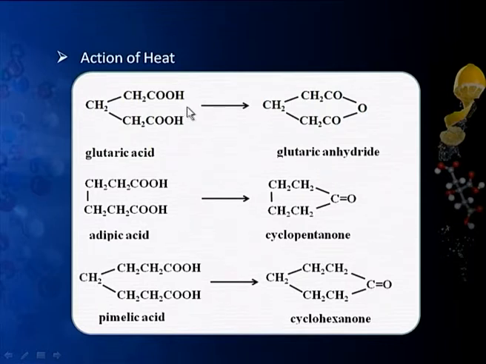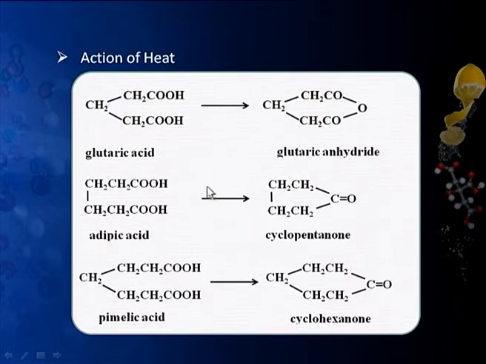In earlier times, when some naturally occurring compounds were obtained and they generally had either a 5-membered ring structure or a 6-membered ring structure, and we did not have much instrumentation facilities at that time, this reaction was used for that. That cyclic compound was treated with some oxidizing agent to give a dicarboxylic acid. So, if it was a 5-membered ring, it would give a 5-carbon dicarboxylic acid. If it was a 6-membered ring, it would give a 6-carbon dicarboxylic acid.